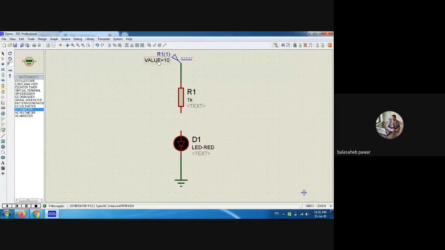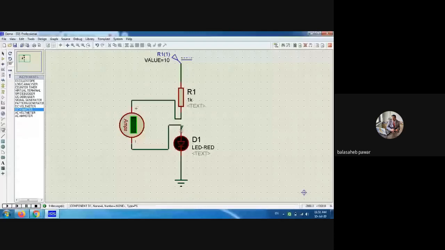So the DC ammeter, you can rotate it or you can place it as it is also. I will just rotate it like this. There will again be a positive and negative terminal. Positive should be towards the source side and negative should be towards the ground going side. Okay. Now by default this current meter shows its range in amperes, but we know the current flowing is only a few milliamperes.